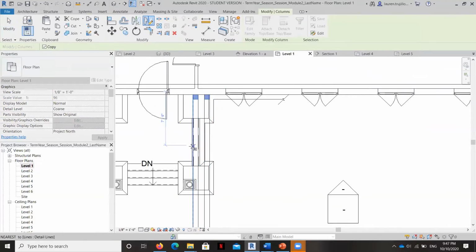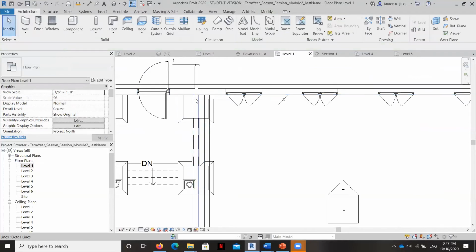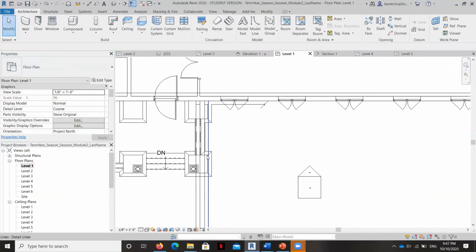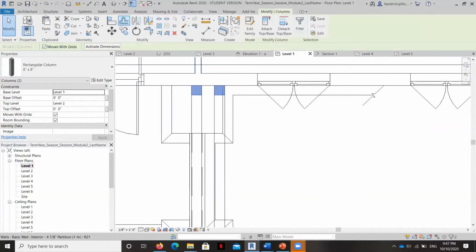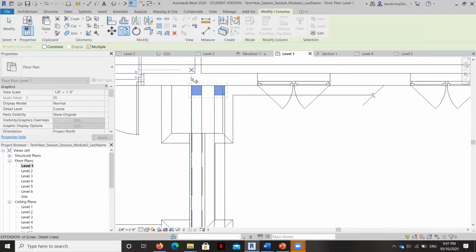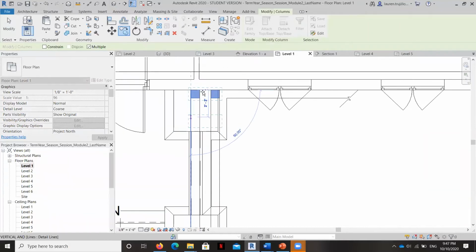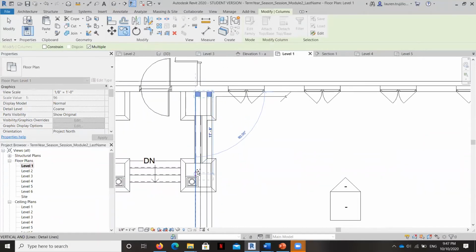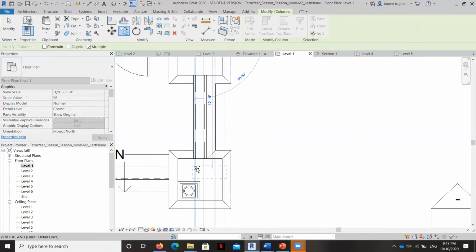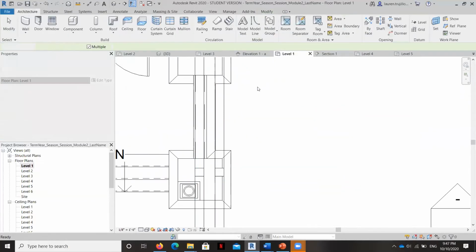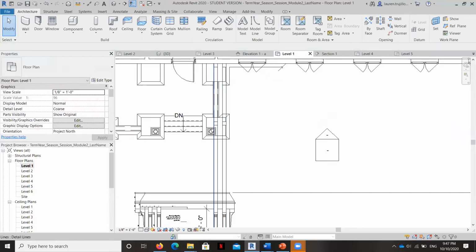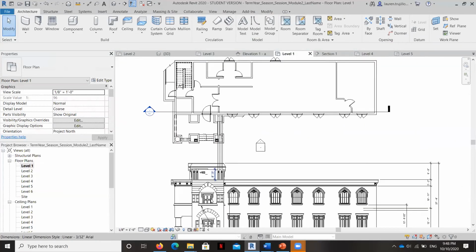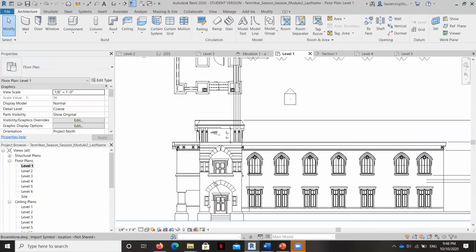Actually, we can't because I don't have the midpoint, so we'll just copy them. And let's just put them right there. Okay, you may be thinking that these are those columns, but those are actually these things right here.